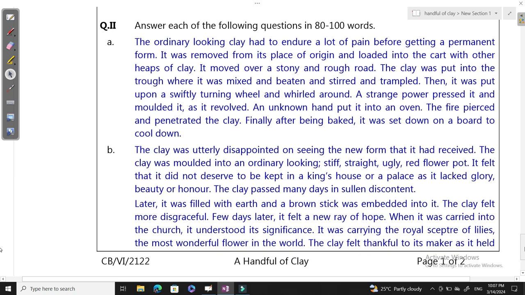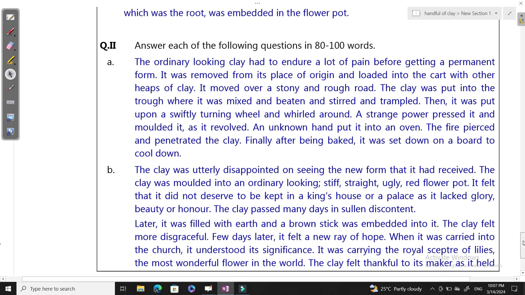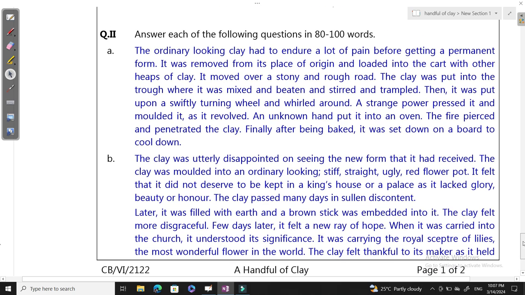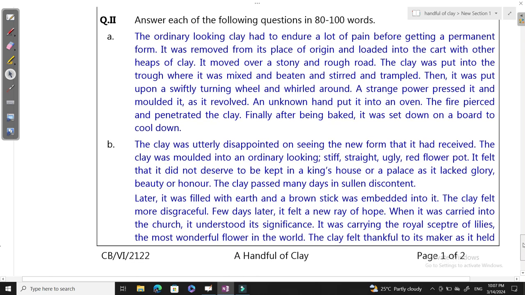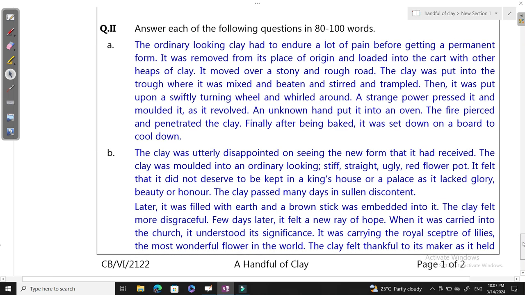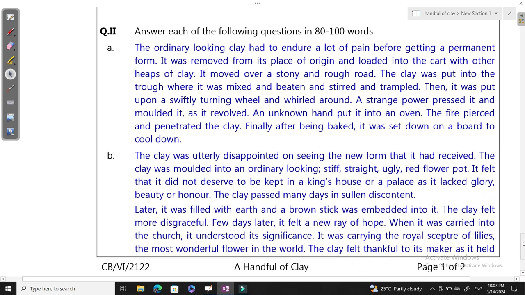Just go through the lesson, listen carefully. You also read, try to learn the lesson, try to learn the new words from the lesson, find the meaning of the new words, read the question first, read these answers, and after that try to write answers in your own language. That would be better, because if you simply copy this, nothing will happen. You will not find a kind of